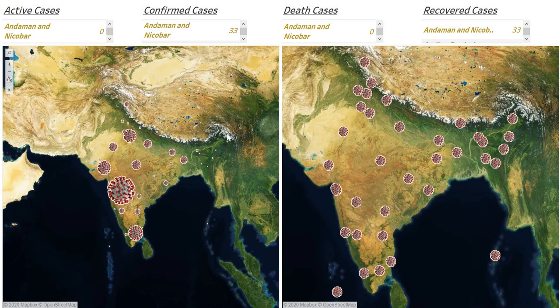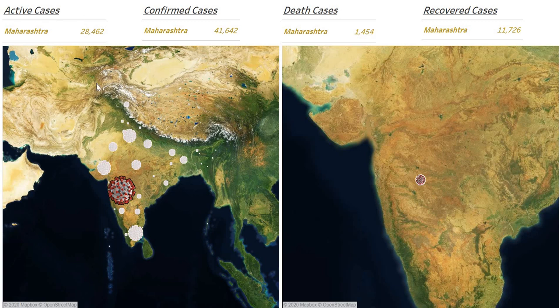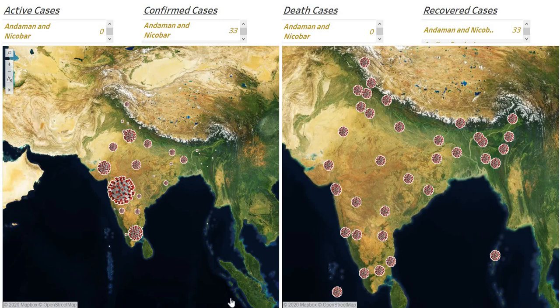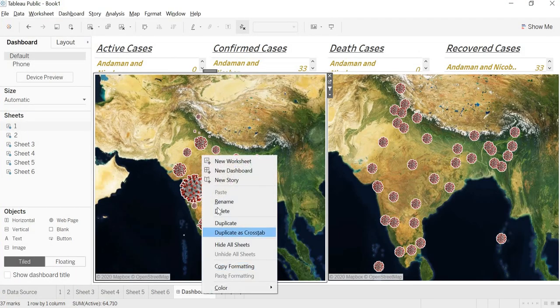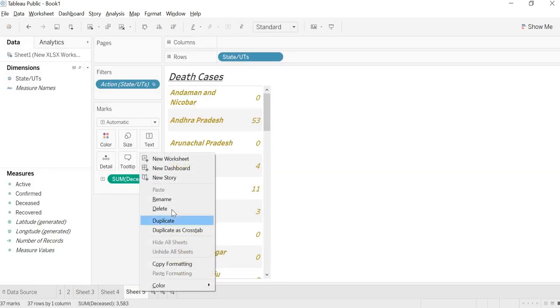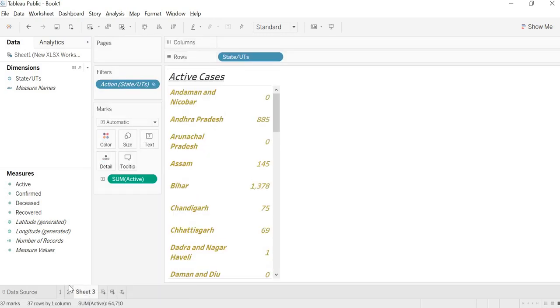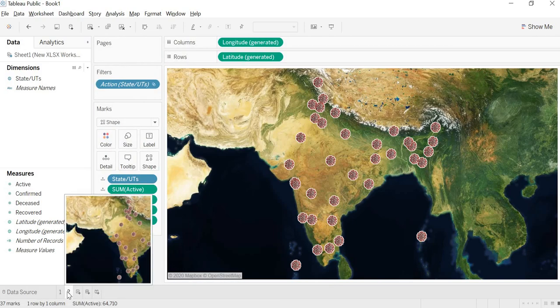Now I have made a dashboard also. Once you click any of this, you will get the details as well as the label details also. So how this beautiful dashboard we can make in the Tableau software. So let's get started guys. I will delete all this stuff so that I can start from the starting point, for better understanding.